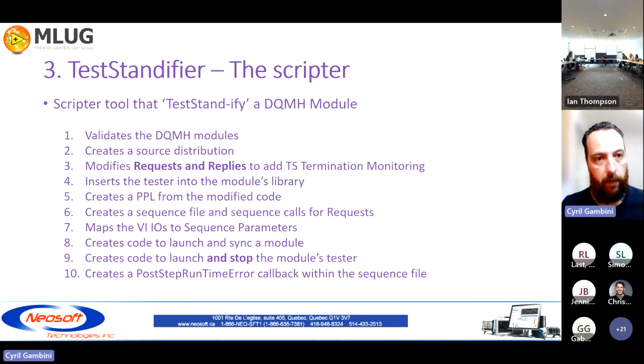And instead of having a bunch of VIs to deploy, I don't know if the TestStand developers here went through the TestStand deployment issues, but it's really a nightmare. So the fewer files you have to deploy, the better it is. So we create a PPL, so we've got only one file to deploy. And then we create a sequence file